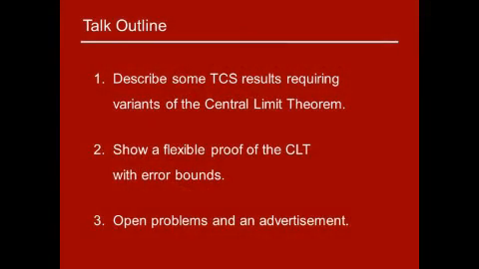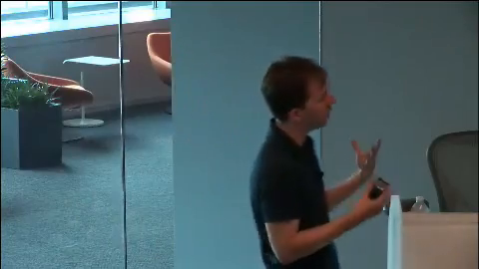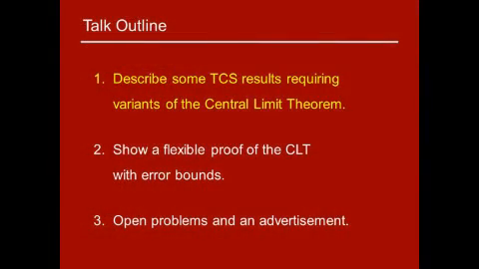Okay, so here's what I'm going to talk about in the talk. I'm just going to start by describing a few results from the last few years that require, in computer science, some kind of variations on the Central Limit Theorem. And in some sense, this whole talk is basically just a giant insult to your intelligence, because I'm going to spend most of it just proving the Central Limit Theorem, which I'm sure you've all maybe seen before. But I want to show you a different sort of version of the proof that I think is very flexible, and I think it's a theoretical computer science take on the proof, and show you how you can use it to get all sorts of different variations that we needed for some of these results in computer science. And then I'll have a quick open problems slide at the end.